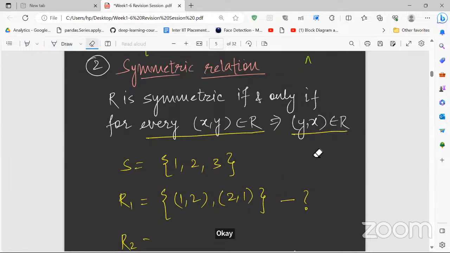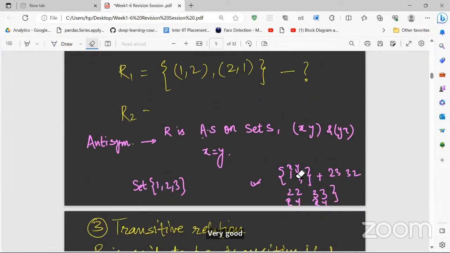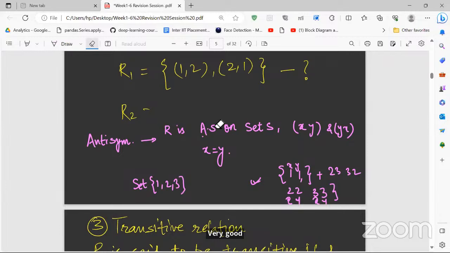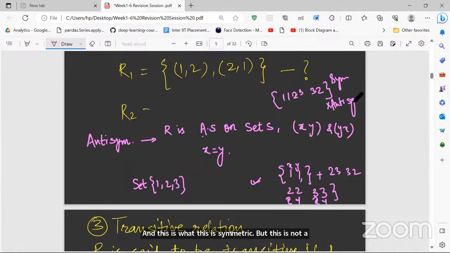Is this clear to everyone? By this way we can even say that antisymmetric relation is a subset of the symmetric relation. Anti-symmetric is a subset of symmetric, by what we just did. No, how is this possible? If you have this example you saw, 1, 1, 2, 3, and 3, 3, this is symmetric, but this is not anti-symmetric, correct? So it can be, but for not every case it is possible.